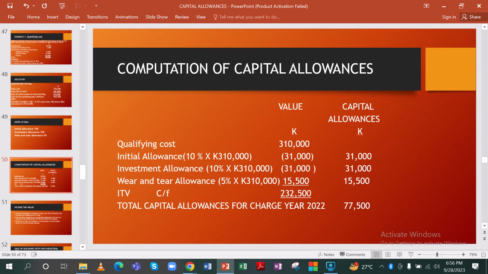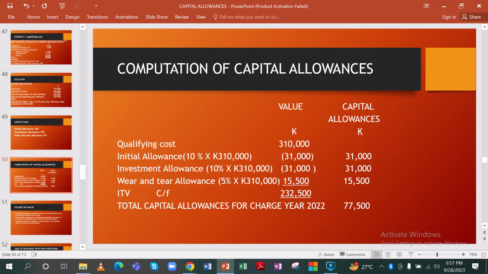Then you have investment allowance, 10% of 310,000, that is 31,000 there. Again, you claim all of it because there is no divided use. Then we have wear and tear allowance of 5%, which is half that, so you get 15,500. So then you write down the qualifying cost of 310,000 by these 3 allowances. You end up having the income tax value carried forward of